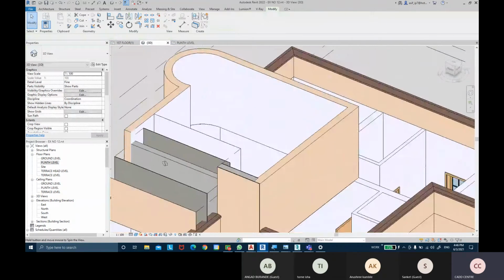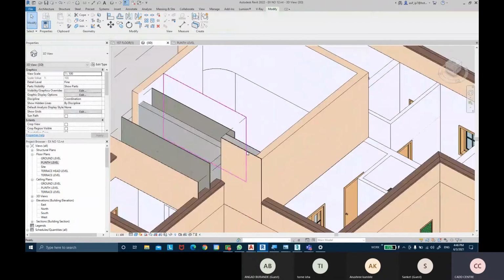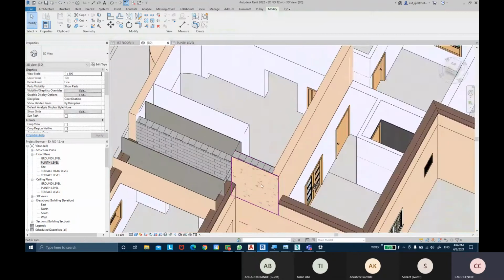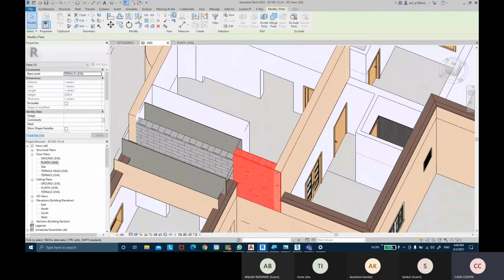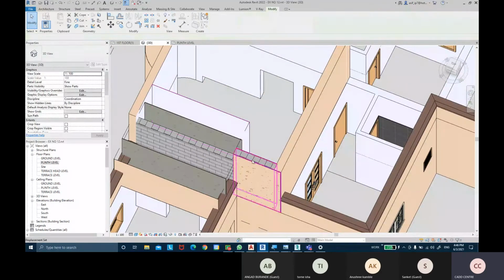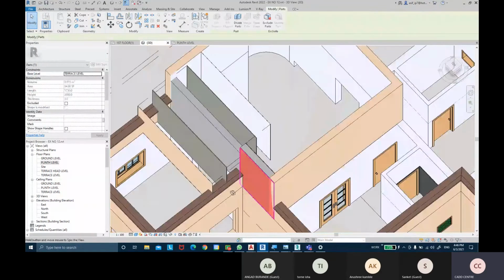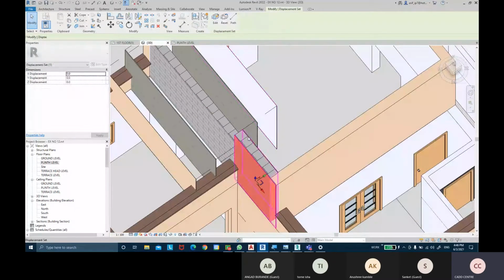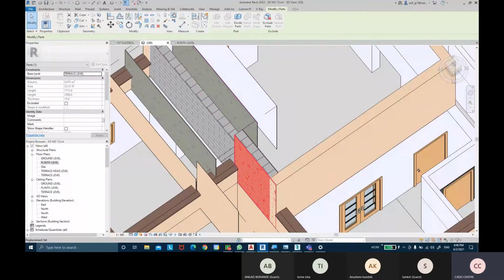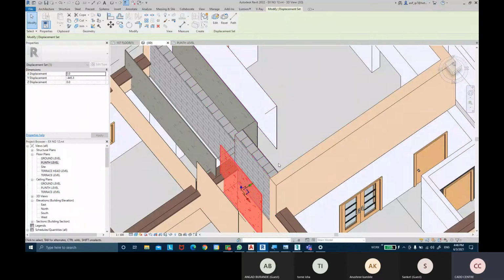Okay, so that the person can come to know. Even for this wall also, select all of these and make it as displacement element. You can select all these individual parts and displace it out.